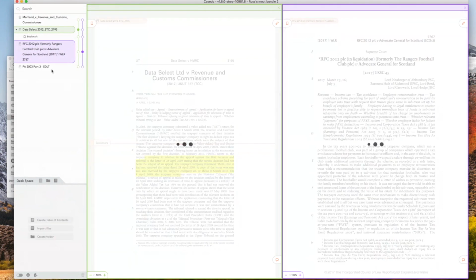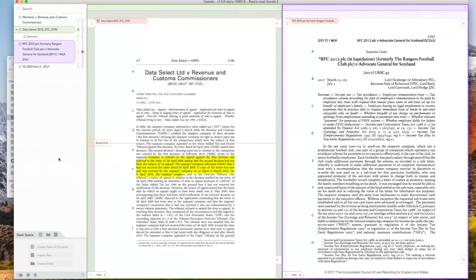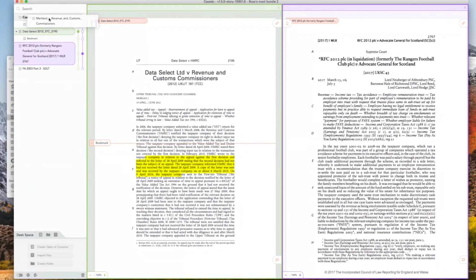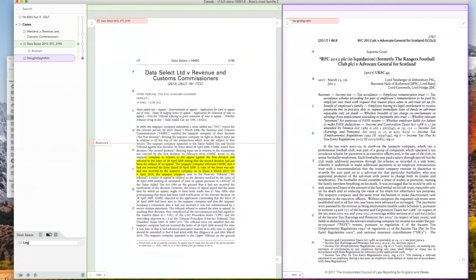So the index space, as we call it, is the place you build, and you can create folders and call them whatever you like. I always have a cases folder. I always have a legislation folder, and you can put those folders in there, and you can rename them whatever you like, and you can move them around. So it's very flexible, and obviously you're going to have a go with Casido for your mooting, and hopefully you'll find it works well. It's not just for mooting and advocacy at all.